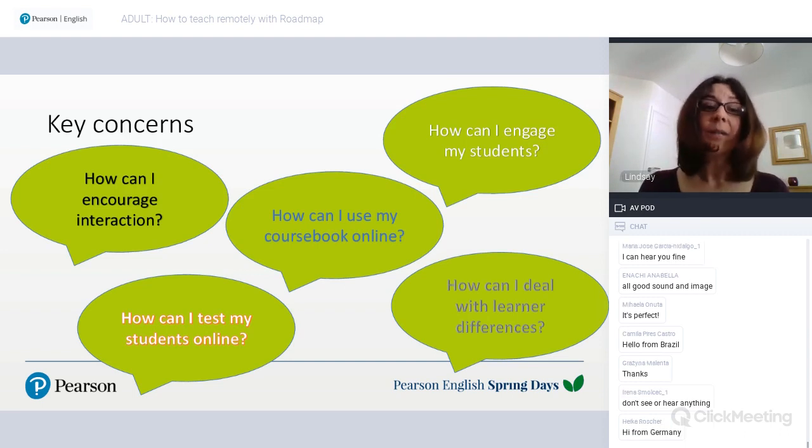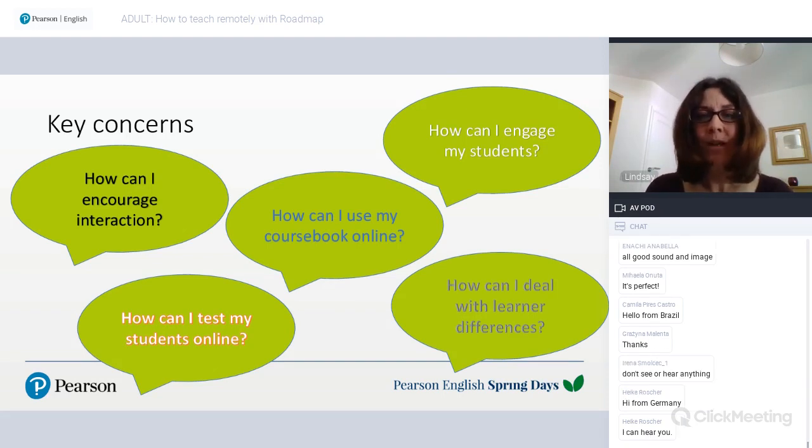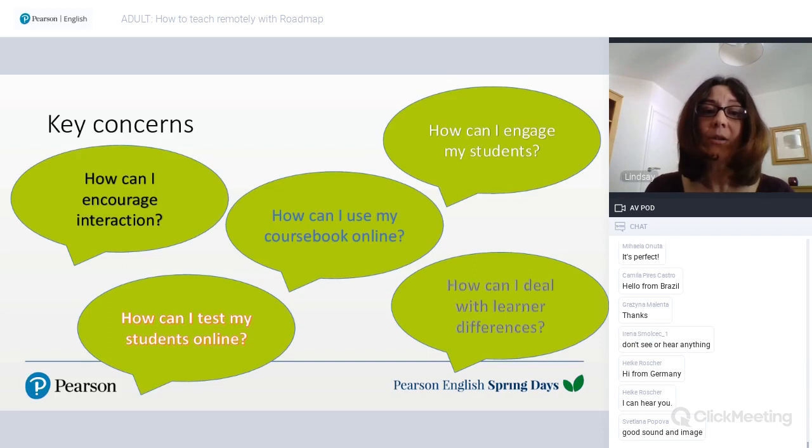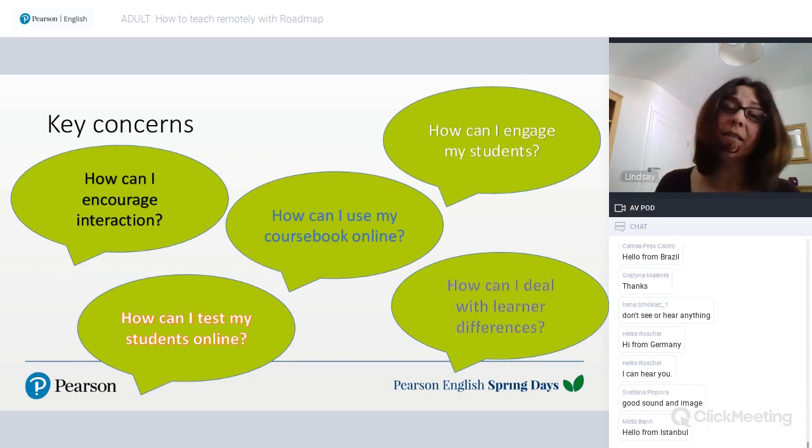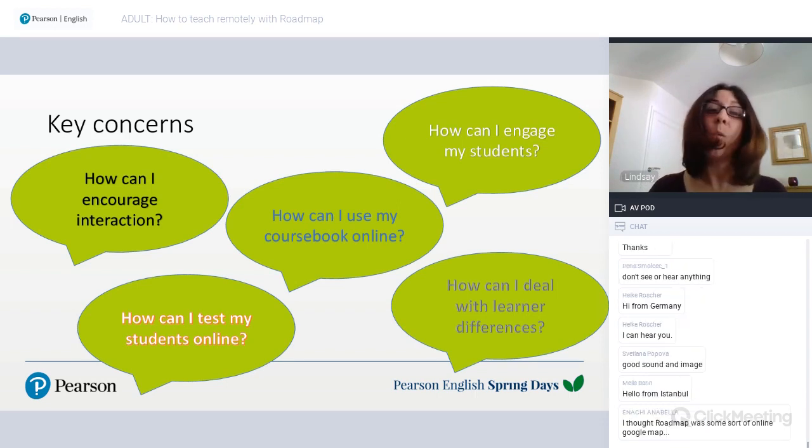A lot of teachers are concerned about how they can test students online, because obviously it's a bit different from being in a face-to-face classroom. And also how you can use your course book online as well, or what materials to use even. I mean, before all of the situation with COVID-19,